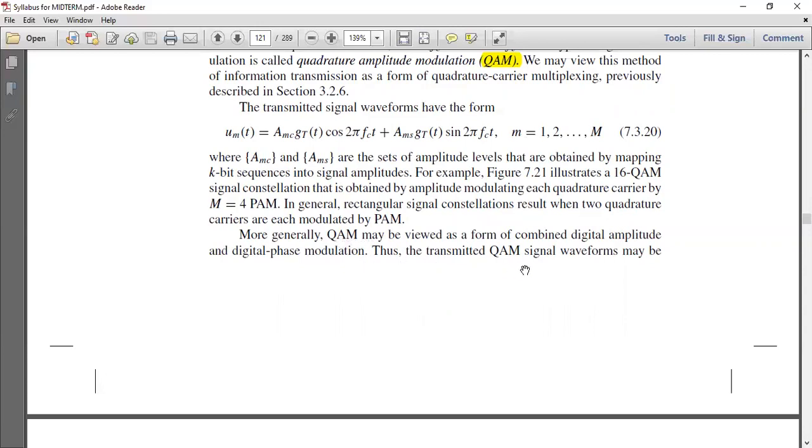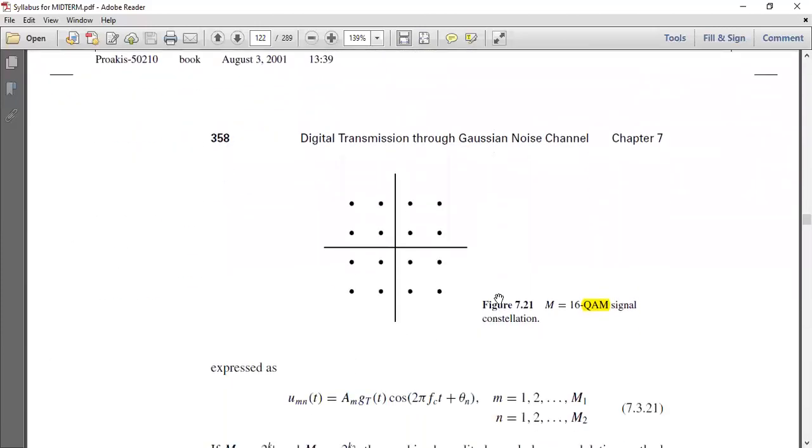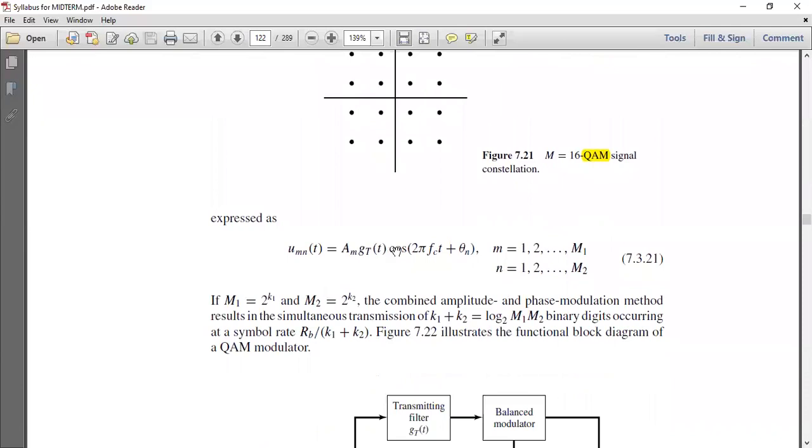Thus the transmitted QAM signal waveform may be expressed this way. In this case we have u_mn. So amplitude is modulated by this factor A_m and phase by theta_n. So A_m, m varies from 1 to M1 and n varies from 1 to